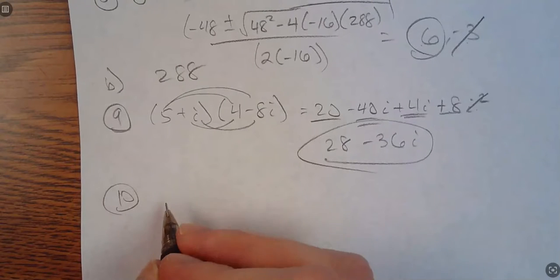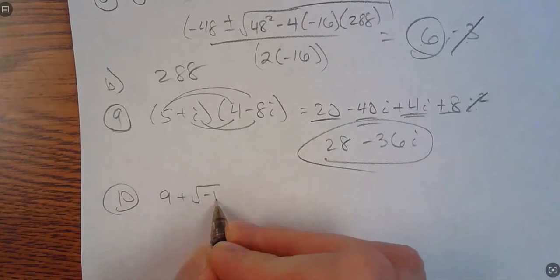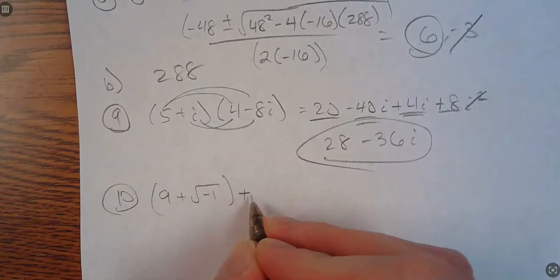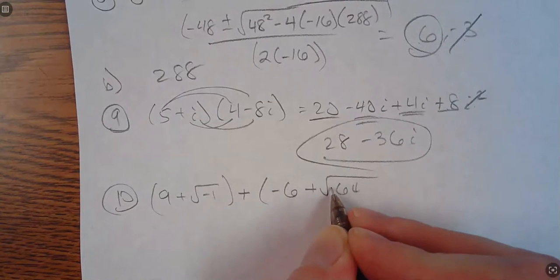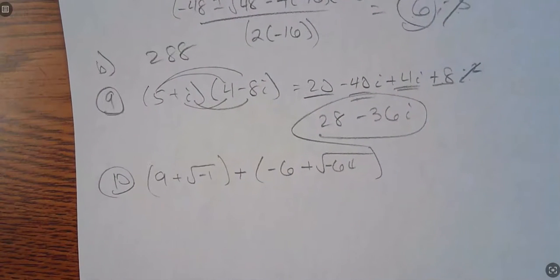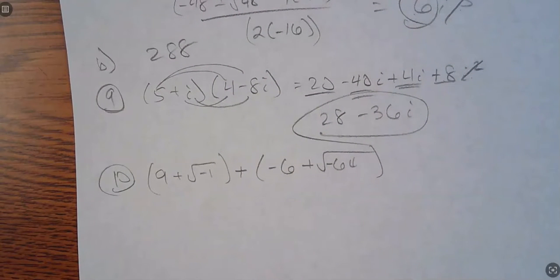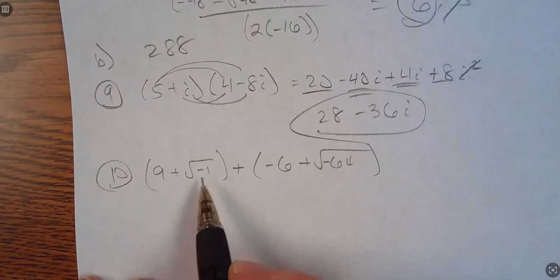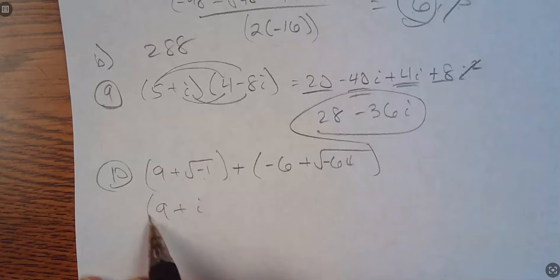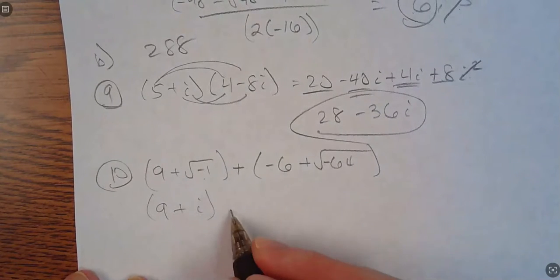Number 10. Here's mine. Now before I try to add these together, get everything in terms of i, because I've got some radical negatives here, so the square roots of negatives. The square root of -1, that's actually i. That is exactly the definition of i. So it'll be 9 plus i, plus